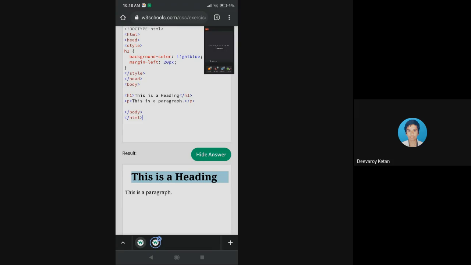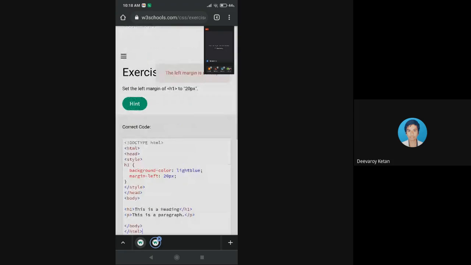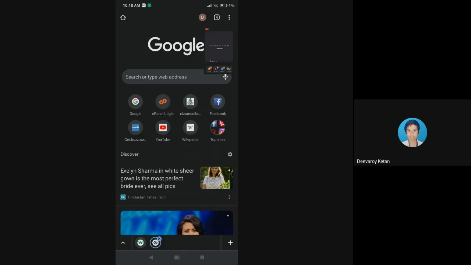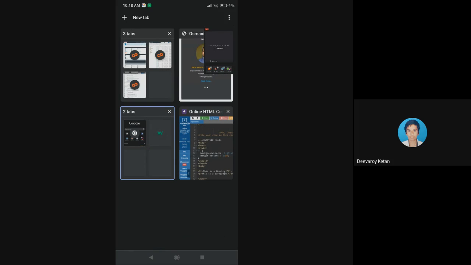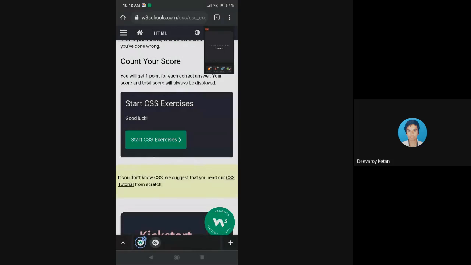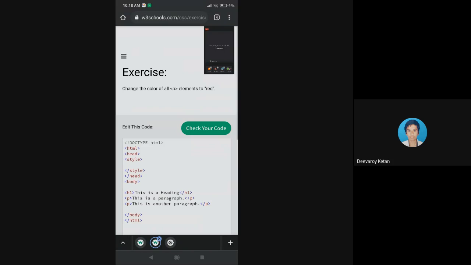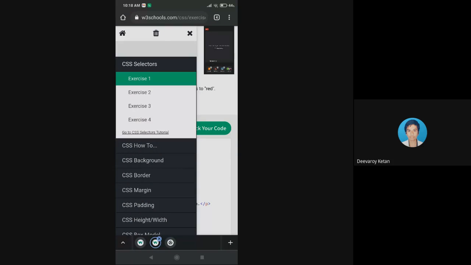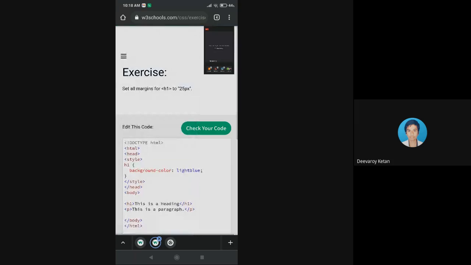Okay. So next we go for another one. Now set all margins for H1 to 25 pixel. So we want all the margins.